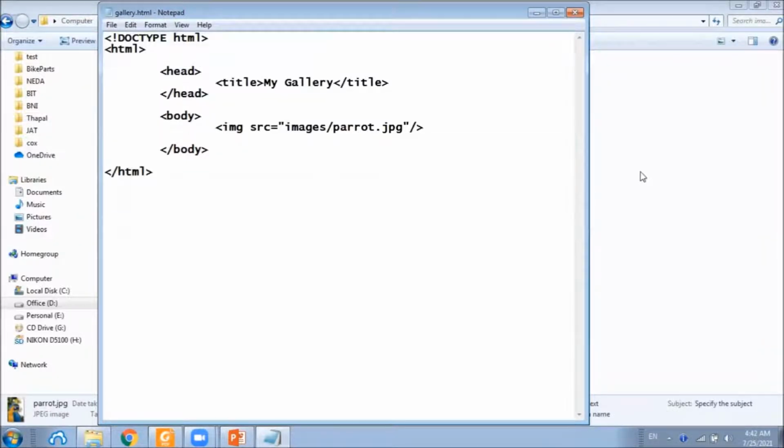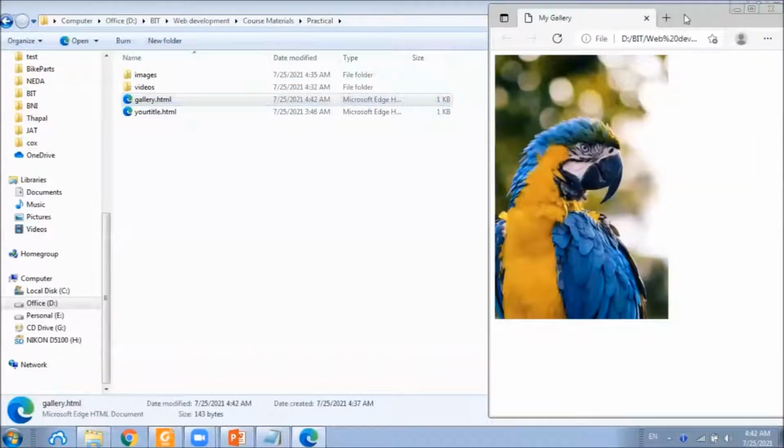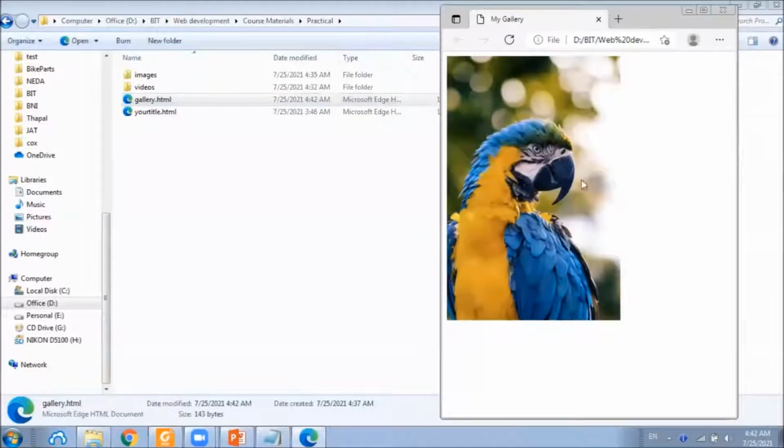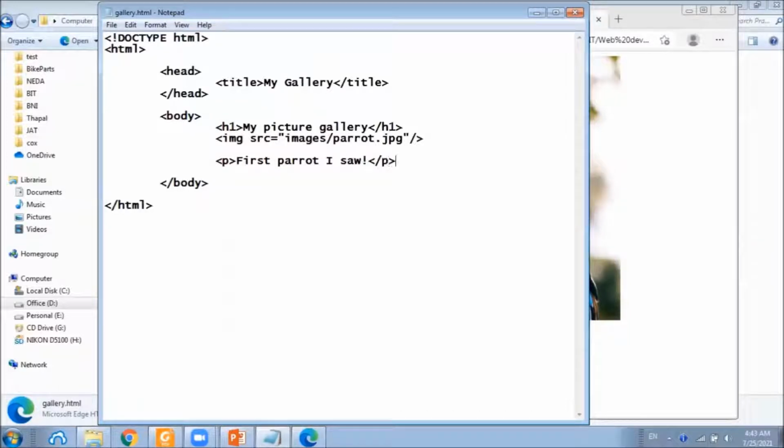Now we will save it and open it from the browser. Yes. Now we can see the image, and let's put a heading to the web page. Right. Now we will include a paragraph. Right.